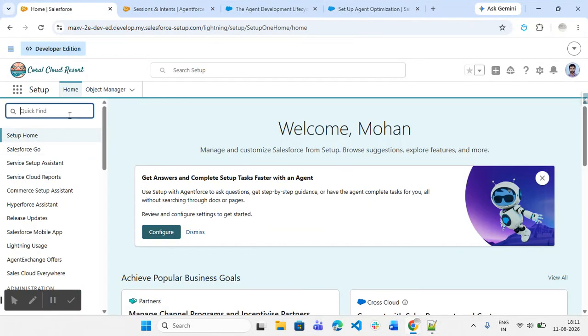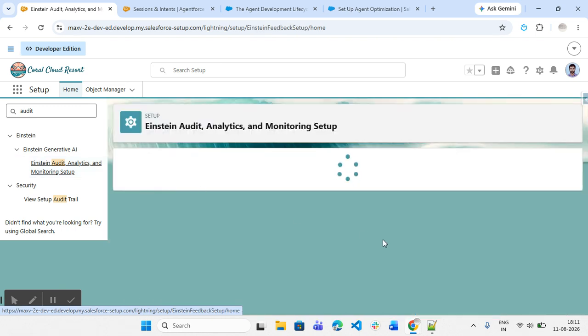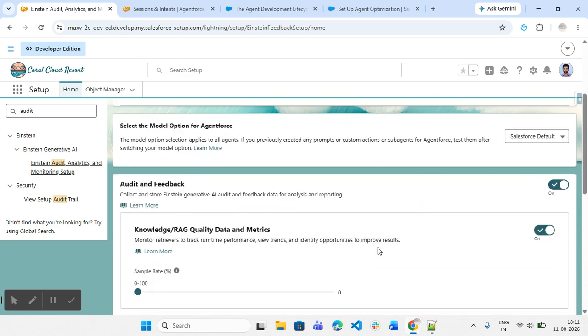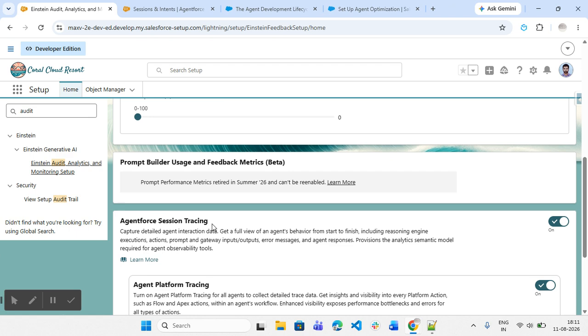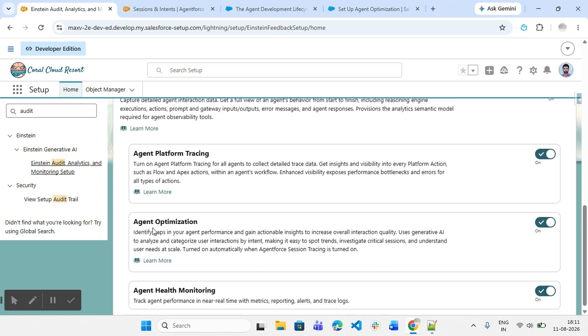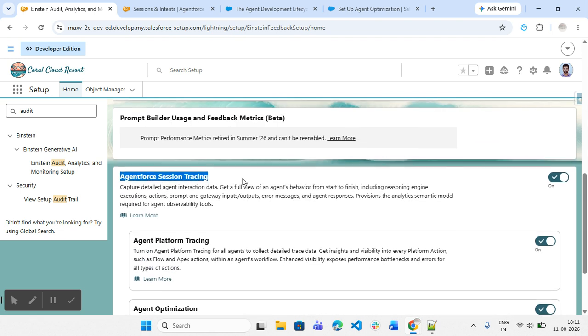We can go to setup and search for audit, which gives Einstein audit analytics and monitoring setup. Previously we saw here how to enable Agentforce session tracing. While enabling Agentforce session tracing, agent optimization will be automatically enabled. Here they mention it is turned on automatically when Agentforce session tracing is turned on. It is turned on by default when you turn on Agentforce session tracing,